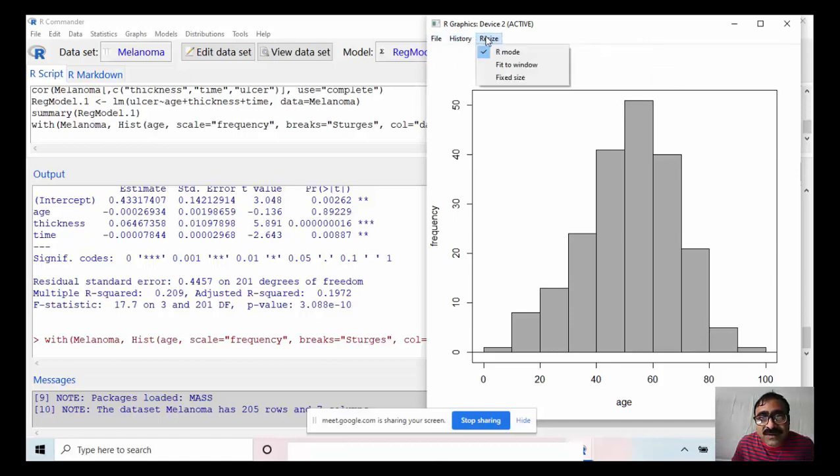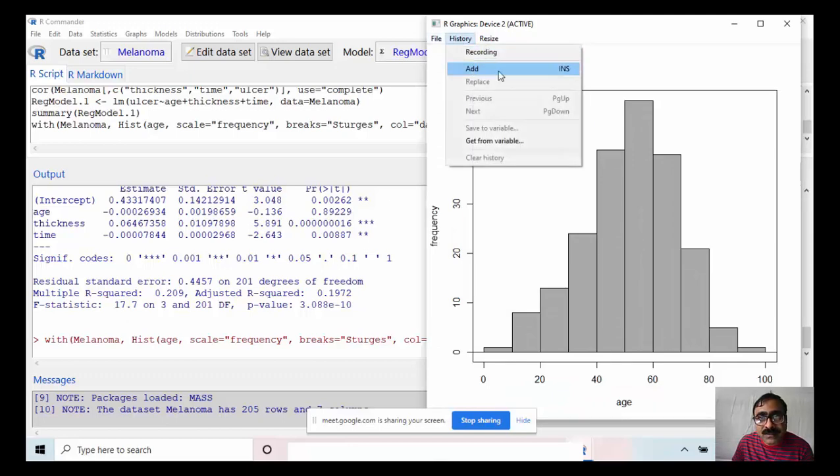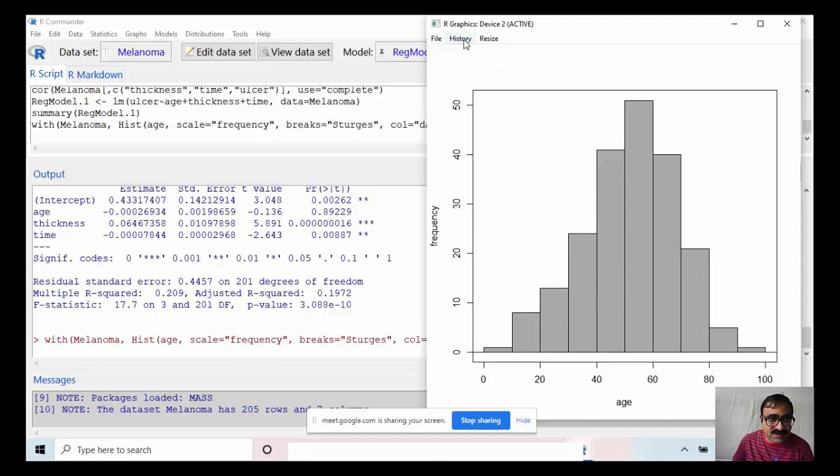Then you can resize: fit to window, fixed size.